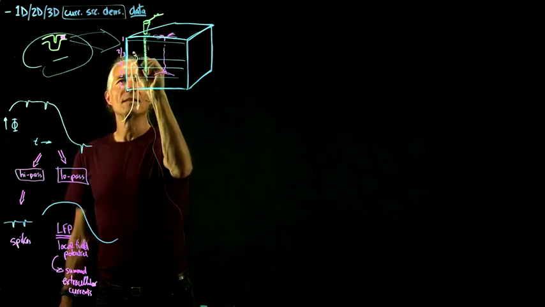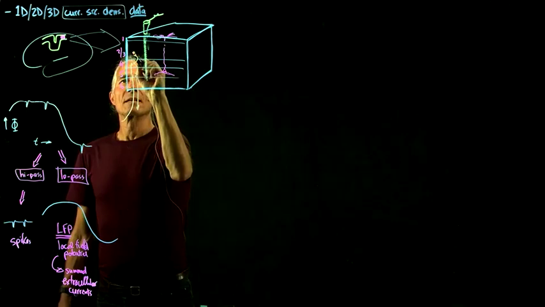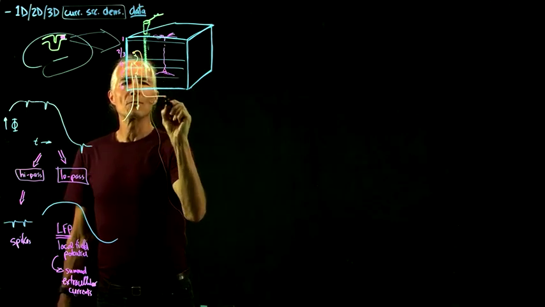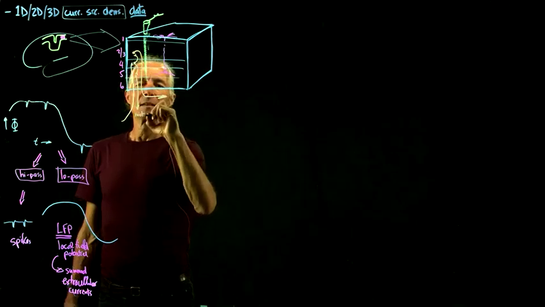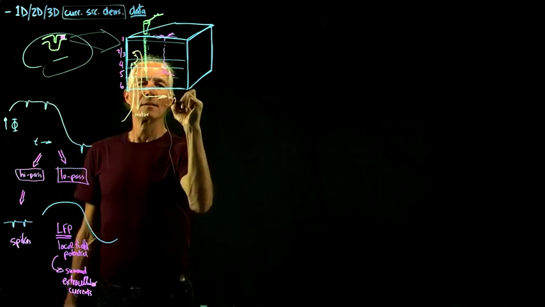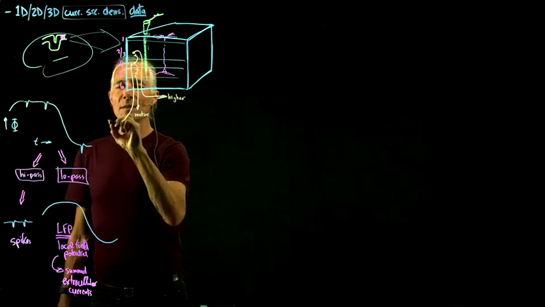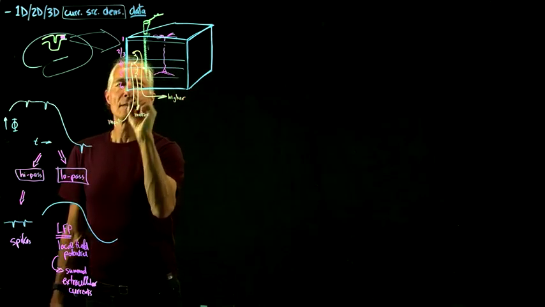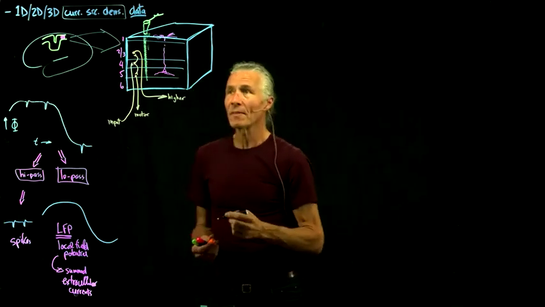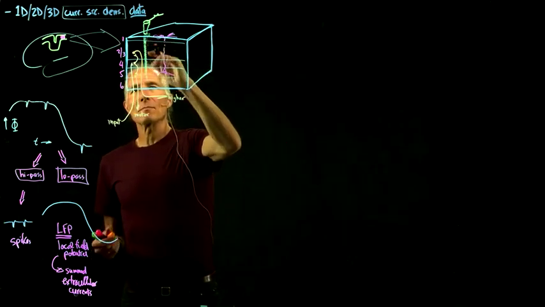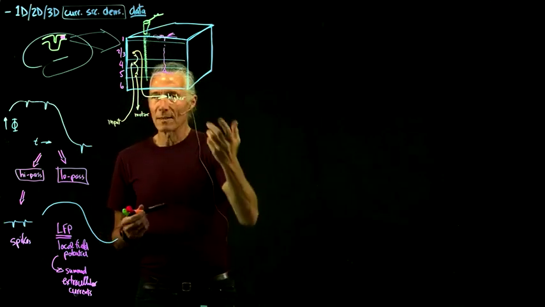Some of the layers, like layer 2, 3, go up to higher areas. So this is motor. This is higher. This is input coming in. And some of the layers, like layer 6, go back as feedback. And so when we put the electrode in there, we're going through all these different